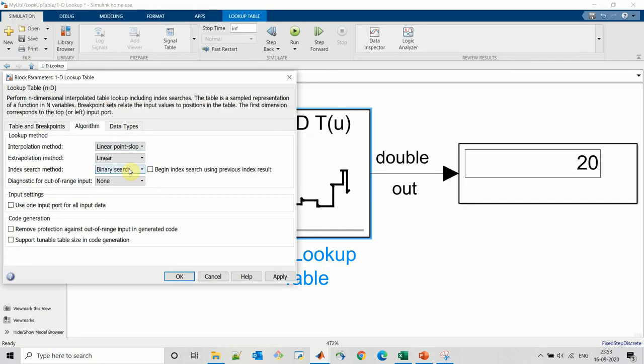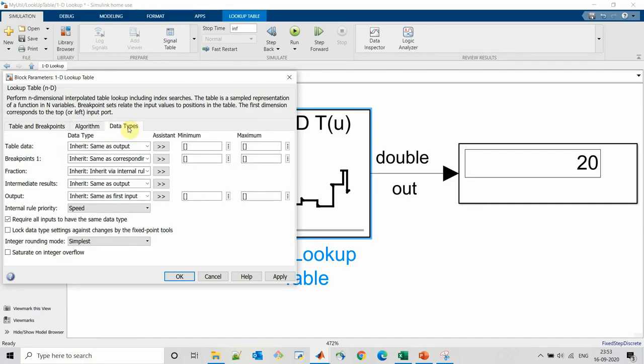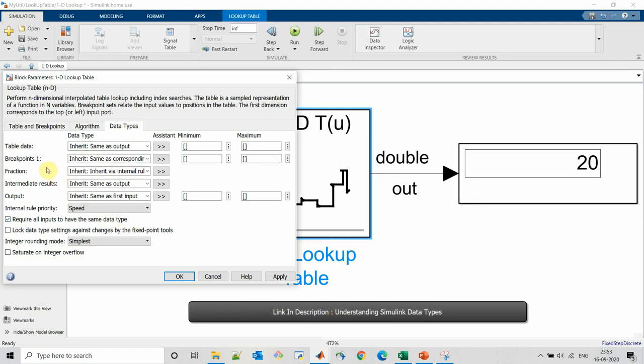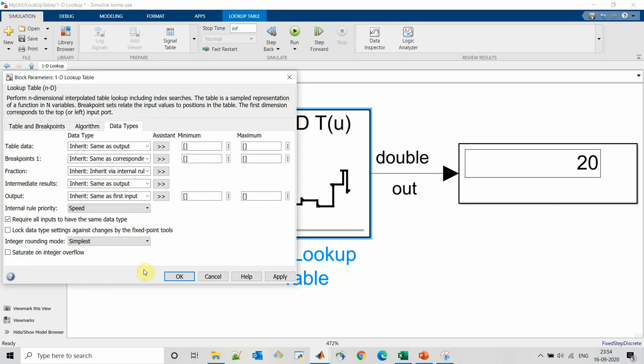Since potentiometer is a linear sensor, we will use linear point slope as interpolation, and linear as extrapolation method. We already have a video which explains about data types. In data type tab we can select data type for breakpoints as well as the output. All other points we already covered in our previous video of data types.